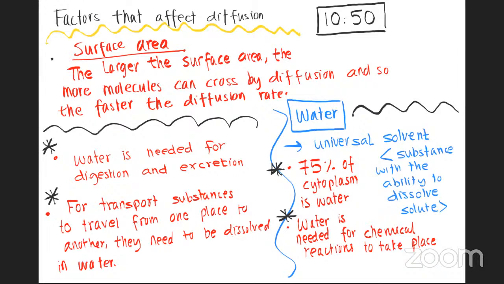So water is needed for excretion because there are many different ways of excretion. For example, when you sweat, you're basically removing water from your skin. When you pee, it is a mixture of water and urea. Sorry, I said urine, I meant urea. So your urine, your pee, is a mixture of water